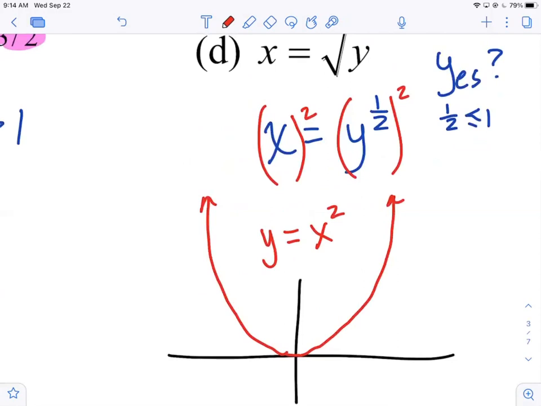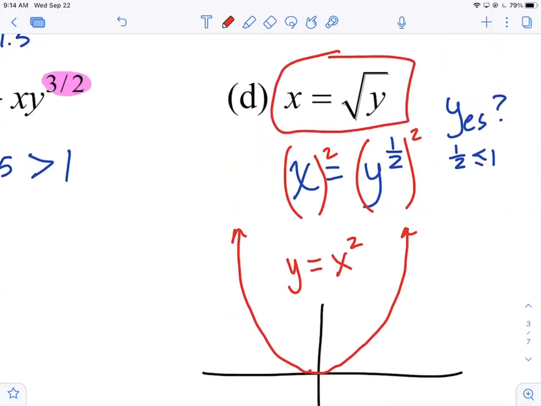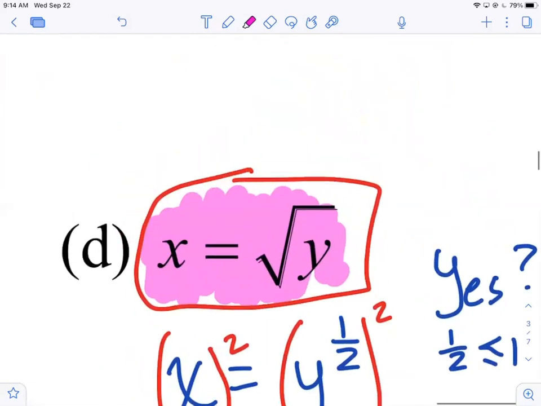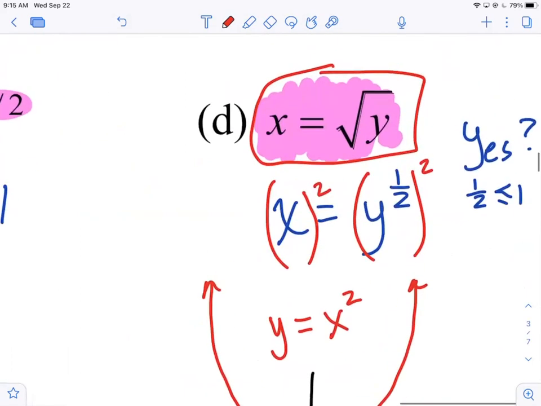Now, there's one exception here. We know this passes the vertical line test, but that's not what the graph of x equals the square root of y actually looks like, okay? We can solve it for y to help ourselves sketch it, but we always have to consider what was originally given, all right? So if you look at it, this graph here, we have positive x's on this side, yeah? And then on this side, we have negative x's. Yeah? No big deal. If you look at the original equation,